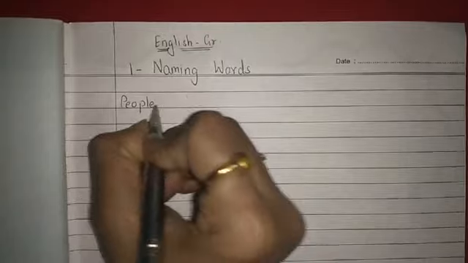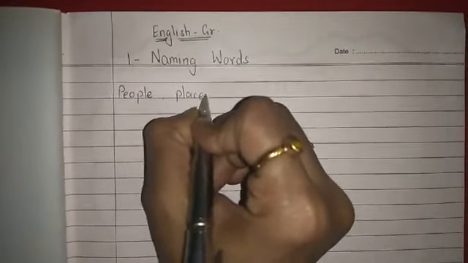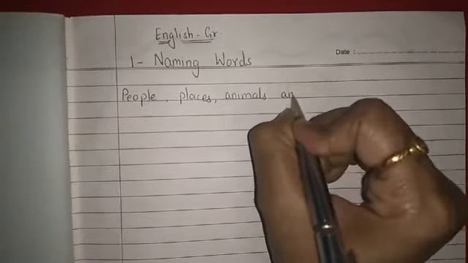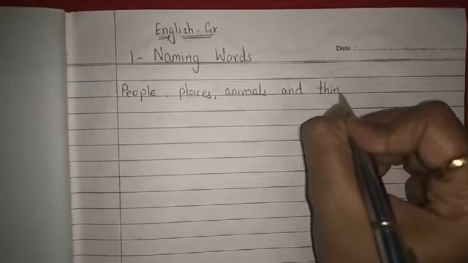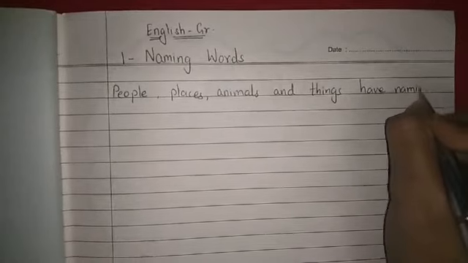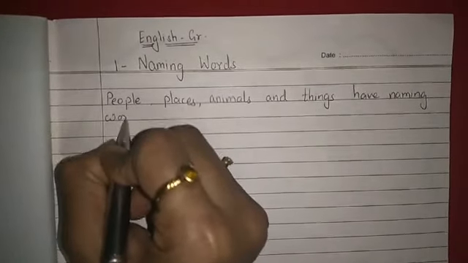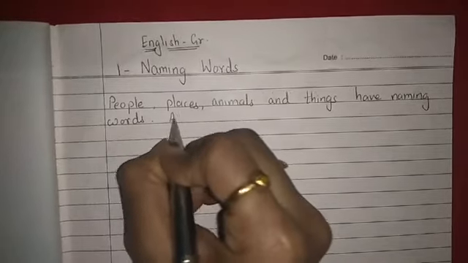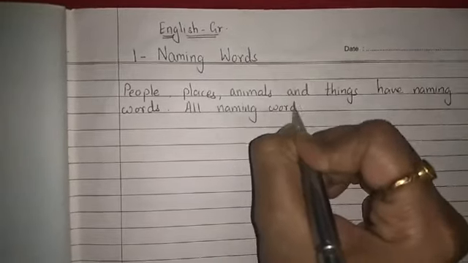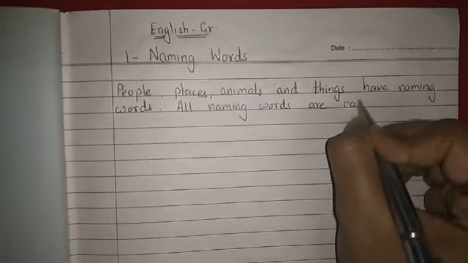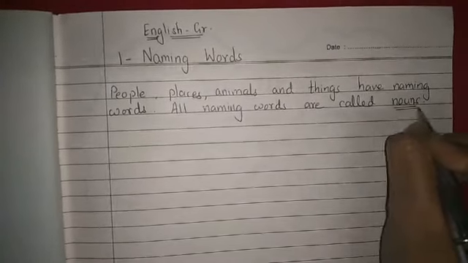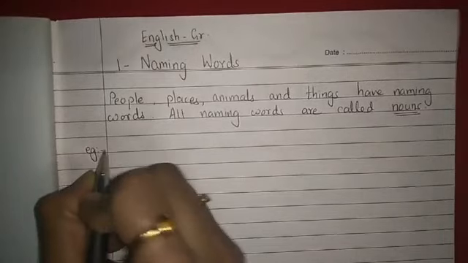People, places, animals, and things have naming words. All naming words are called nouns. For example,